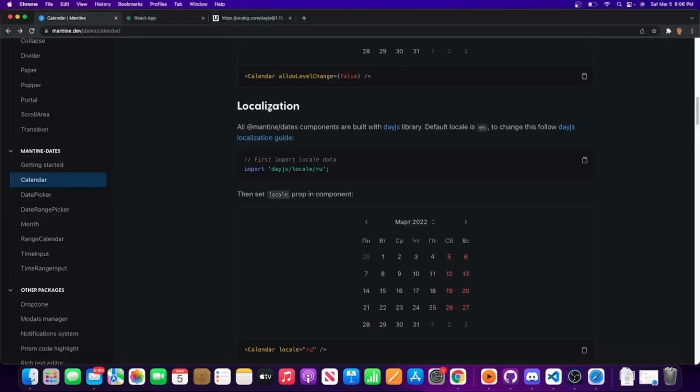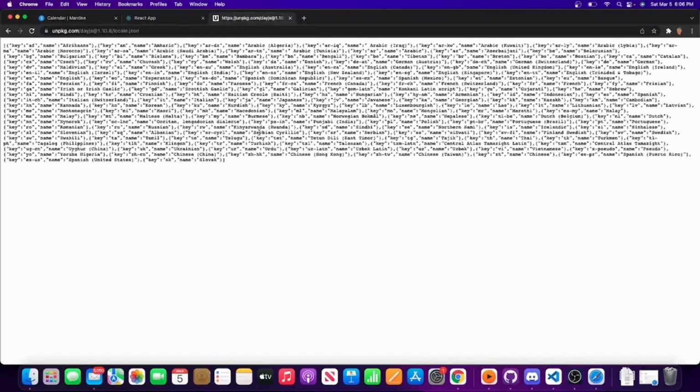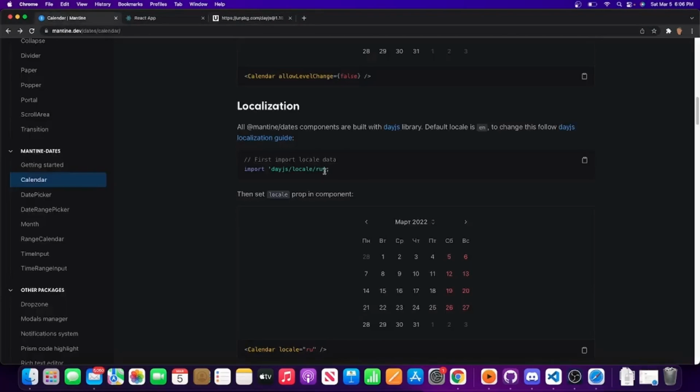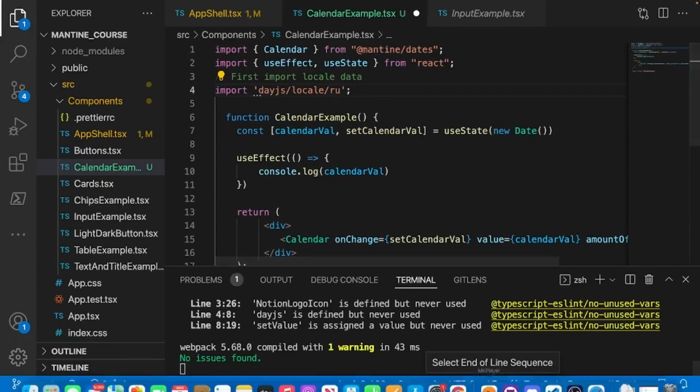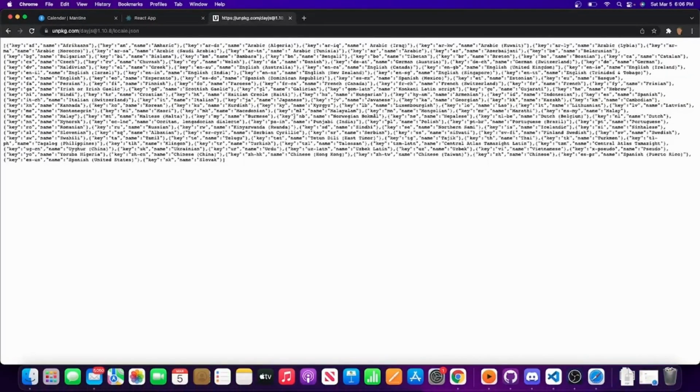Alright, now let's add some localization into our app. So remember this JSON file, the link to this is in the description down below. The very first thing I'm going to do is copy this import, and I'll put it into my app. Now we're not going to import the Russian one, we will actually do Ukrainian,